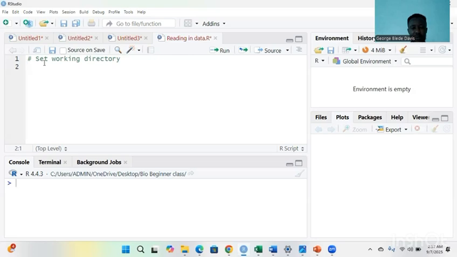So the first thing we do in this video is look for the file we want to use. I don't have a specific file in mind. If you have your own dataset, you can use it. If you think of any dataset, use it. Or if you know any repository, you can go there and download a dataset to use.